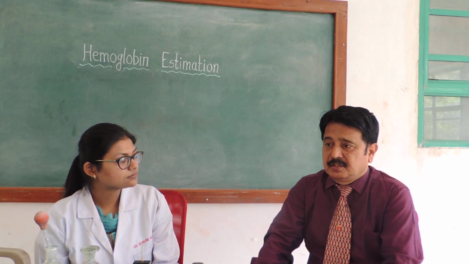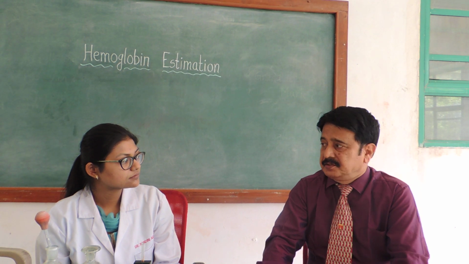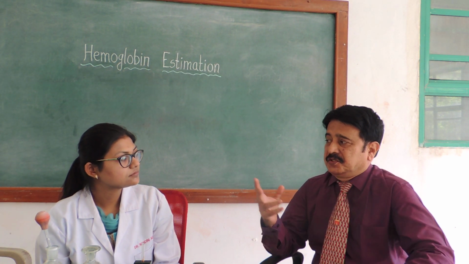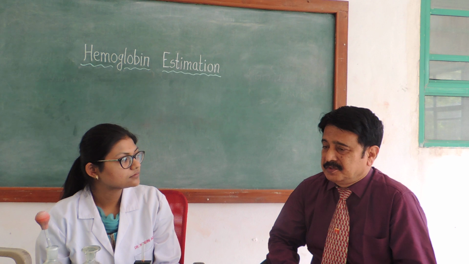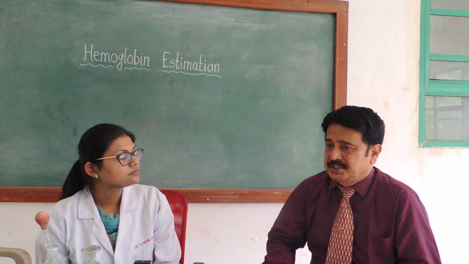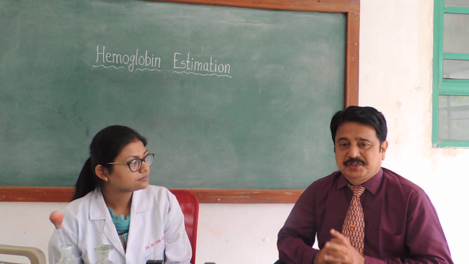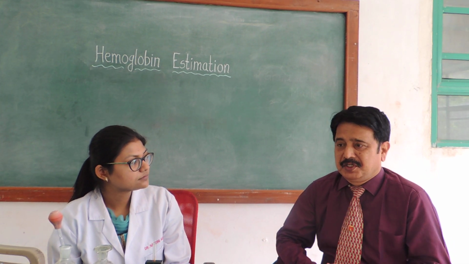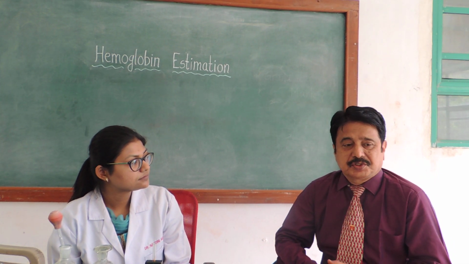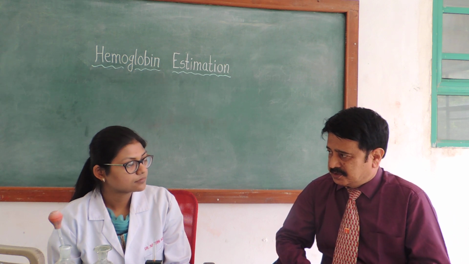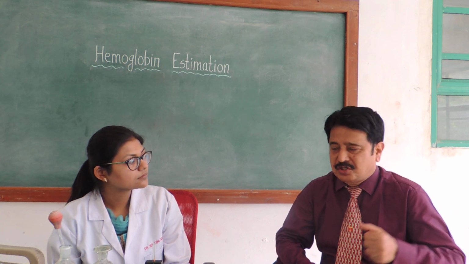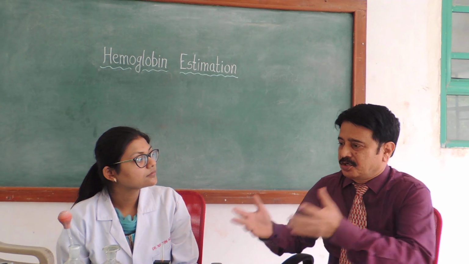Now, a basic question again is anemia. There are two definitions. One is the oxygen carrying capacity. Now suppose I am citing you an example. Suppose there is a road accident and the person has lost a lot of blood, say 2 liters of blood, and is brought to the hospital.